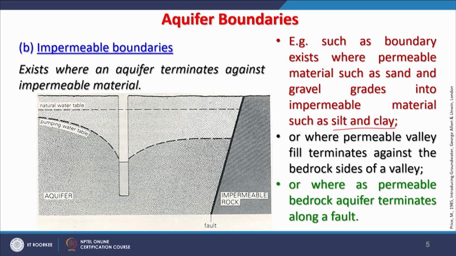But in aerial extent, or I would say in horizontal directions, they are very limited by bedrocks, side bedrocks, and then your aquifers become linear but narrow. Or these impermeable boundaries may be because they terminate along a geological fault, which I also discussed. Maybe a dike, which is made from some rocks like igneous rocks, which may be completely impervious, or maybe